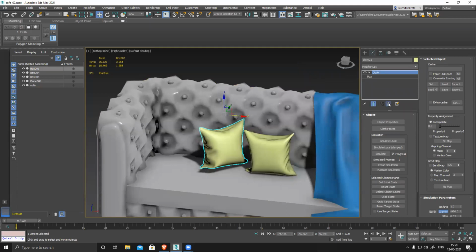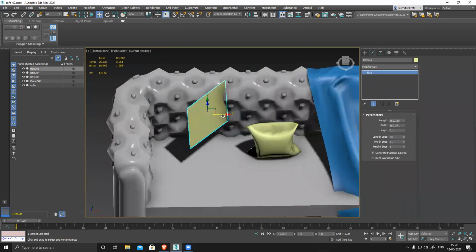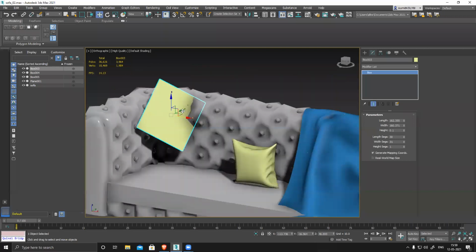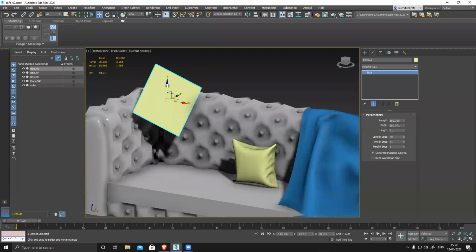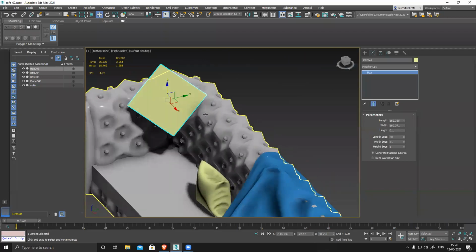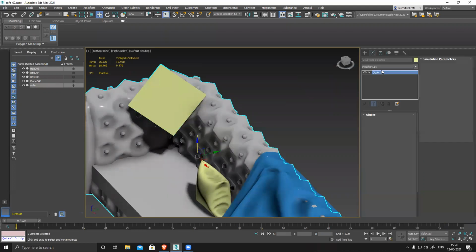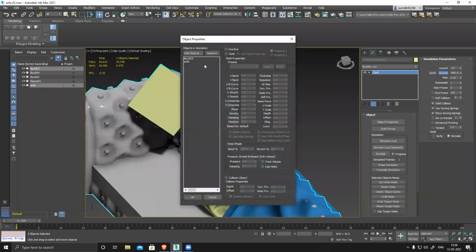Like suppose this one, delete this, and I have this here, with some angle I want. So I'll create the angle in the plane first. Make sure there's no intersection. Now select this and this, apply the cloth modifier, properties: the sofa is collision, and this is my cloth, with some pressure.